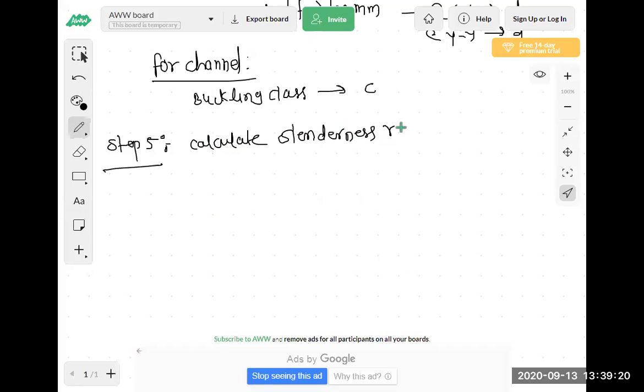Slenderness ratio is nothing but lambda. So how to calculate lambda? Lambda is equal to KL by r minimum. So where KL